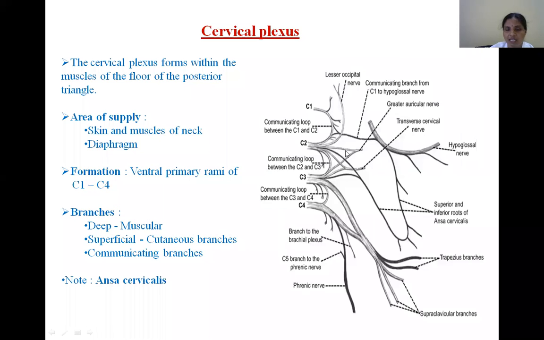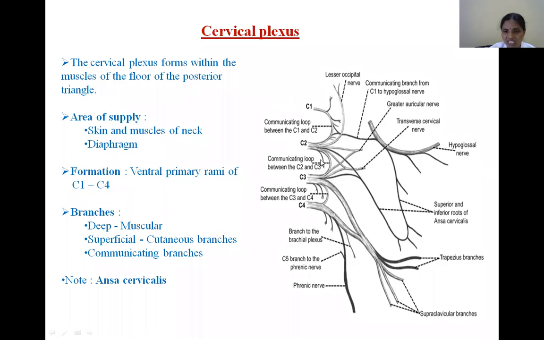So this cervical plexus is in the form of arched loops. So why these arched loops? Because each cervical root again divides into upper and lower, except in case of C1. C1 doesn't give any upper branch, but it has a lower branch, so it joins with the upper branch of C2. Like that, between C1, C2, C3, C4, we have 3 loops, right? So what are these 3 loops between C1, C2, C2, C3, and C3, C4?